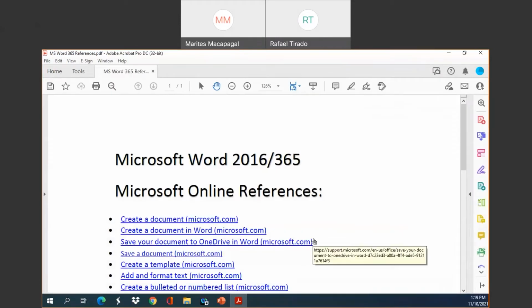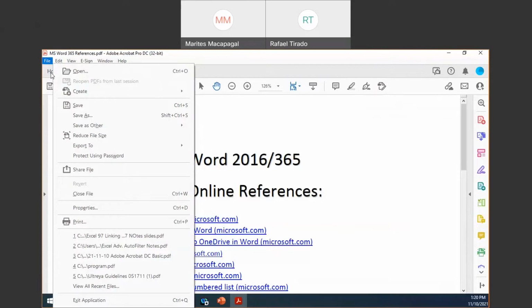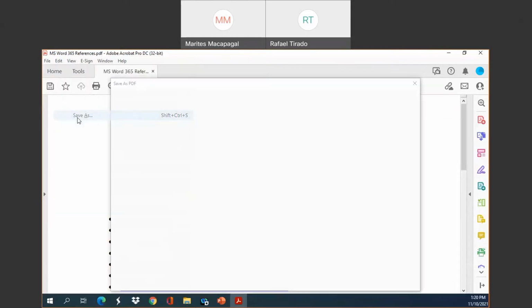There's my Microsoft Word 2016, Office 365, Microsoft Online references that I have in Microsoft Word, but now have been converted into a PDF file. That's how quick it is to create a PDF file. So again, to make sure it is right there, you see if I even go File, Save As, and if you would like to